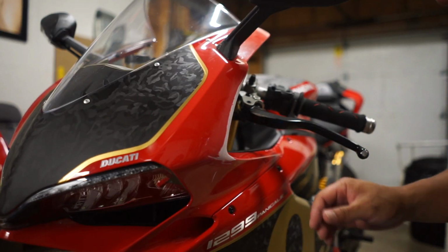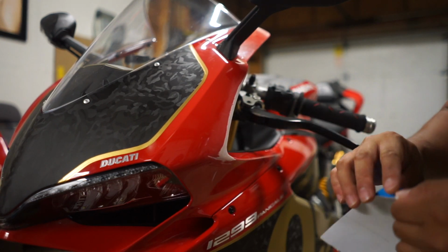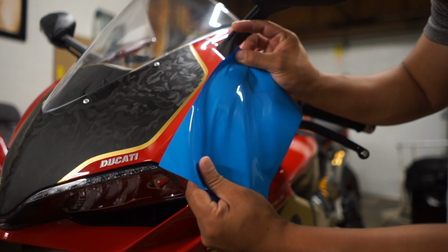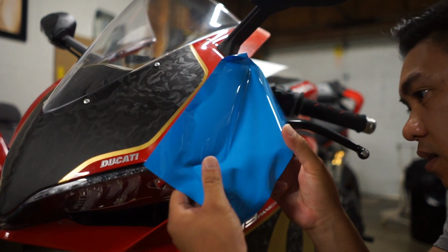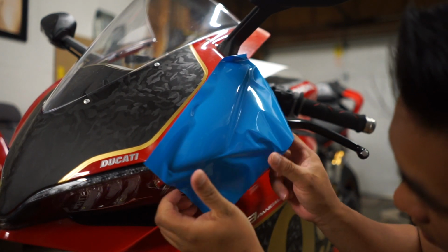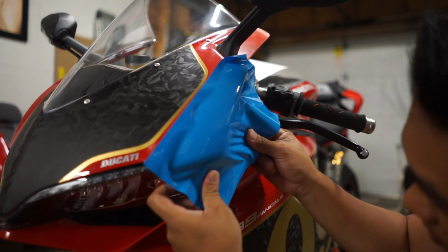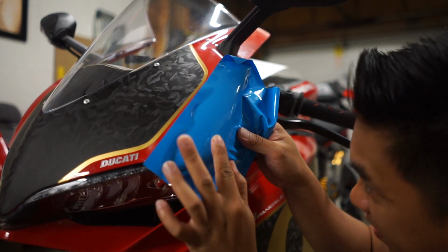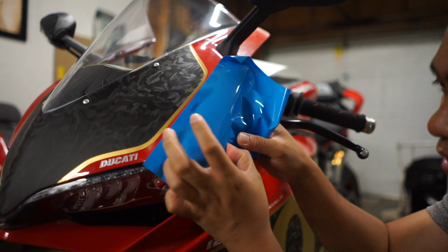So one way I like to test to see if this is smooth enough is I'll just take some vinyl and wrap over that part and try to smooth it out, and then look for any imperfections and see if my sanding job was good enough. You'll be able to see that with the wrap once you smooth it out. It's a good way to see how good you are at sanding. And sometimes you'll be able to tell, alright, I definitely need to